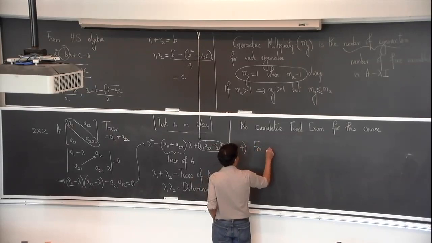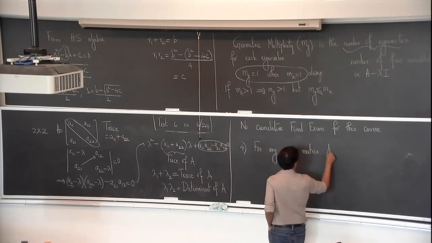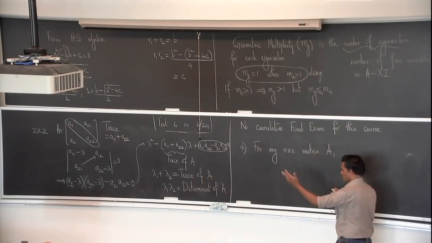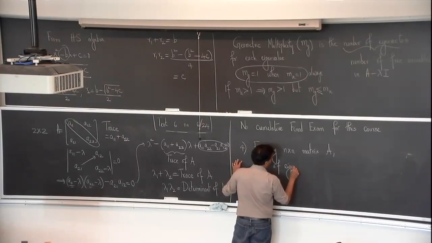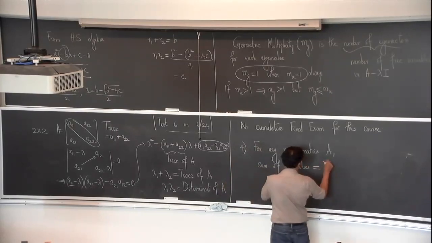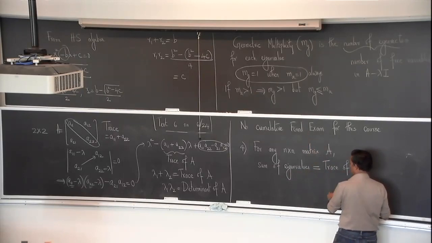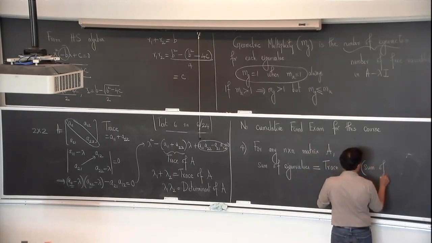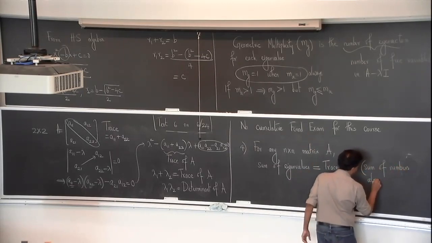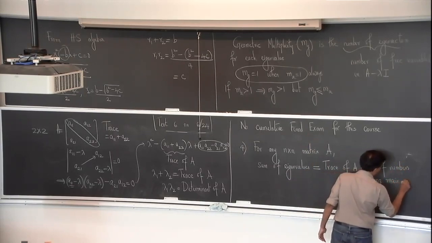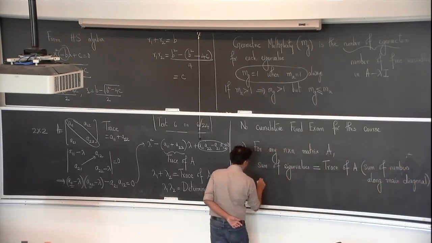For any n by n matrix A, so this is true for any matrix, not just for 2 by 2, the sum of the eigenvalues is always equal to the trace of A. And the trace means the sum of the numbers along the main diagonal, or the entries. And the product of the eigenvalues